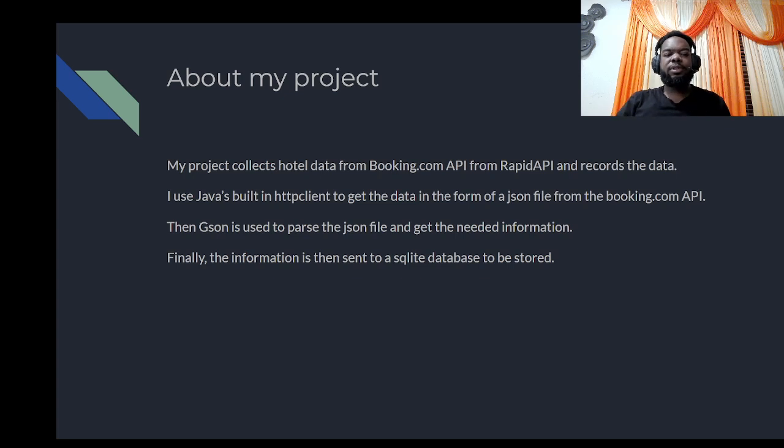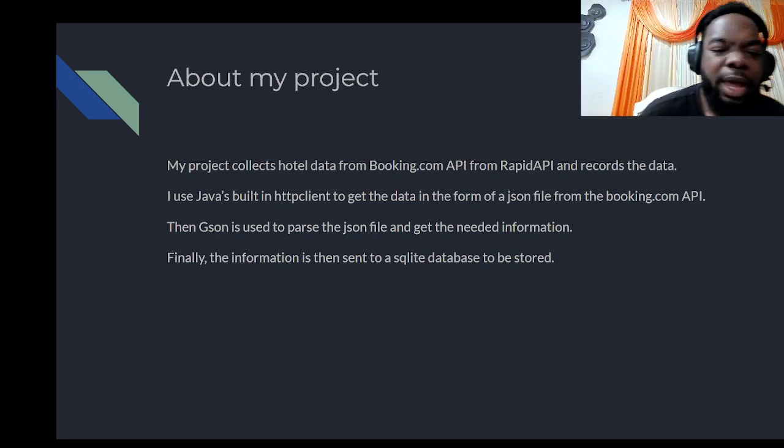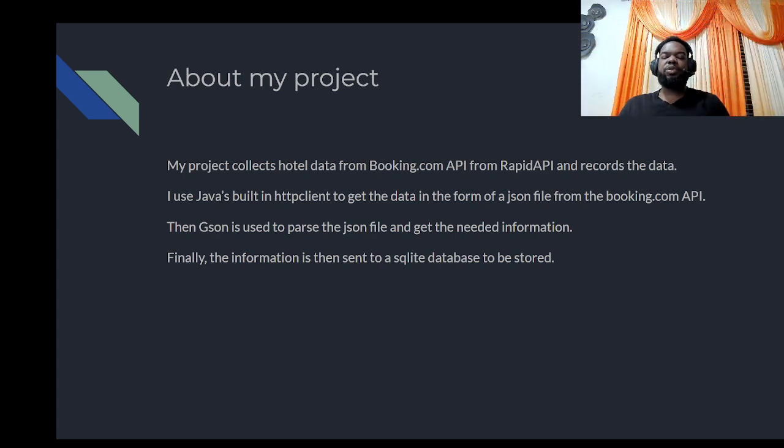The program will pull the JSON from the API. It will then use JSON to parse it so it can be understood as actual readable text. And then finally, the information is stored into an SQLite database as the weeks go on. As this was a 2 weeks project,